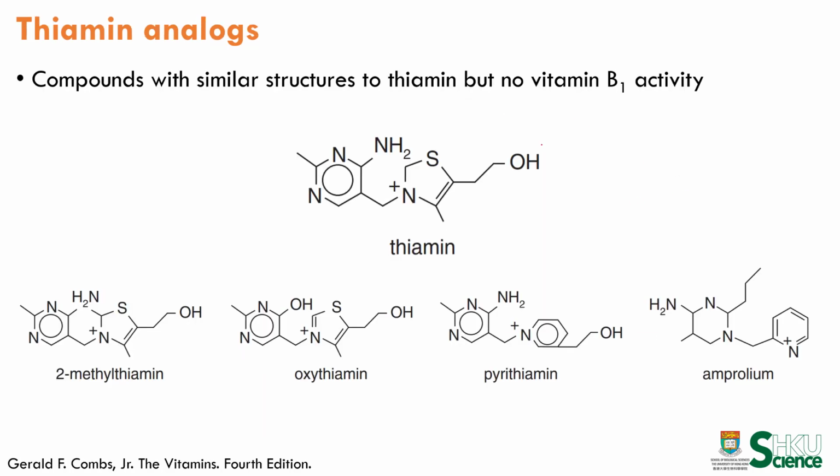males. And there are also something called thiamine analogs, which are compounds with very similar structures to thiamine but have no vitamin B1 activity. So what they do is they compete with thiamine on the binding site of the apoenzyme. So they fit into the binding site of the apoenzyme, but the other side of it doesn't have the correct shape to perform the actual thiamine activity. The holoenzyme that is formed from the binding of the apoenzyme with these thiamine analogs is in the incorrect